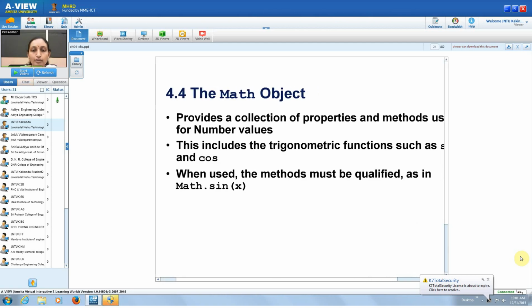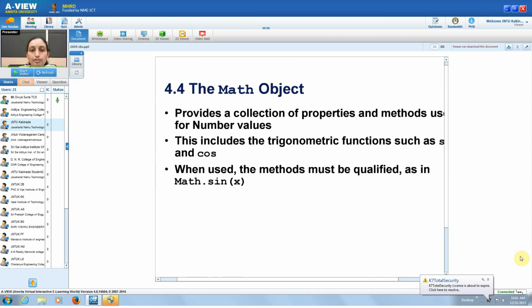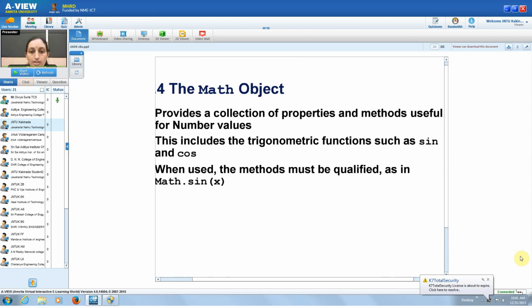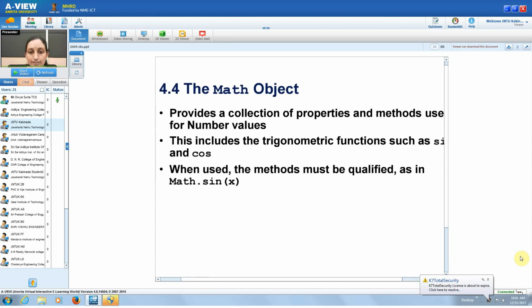Now coming to the math object. It provides a collection of properties and methods useful for number values. So for all kinds of number manipulations, we can use this math object. This includes trigonometric functions such as sine and cos. So you have different trigonometric functions. As you have learned in your intermediate, we have different functions like sine, cos, tan. When used, the methods must be qualified as in